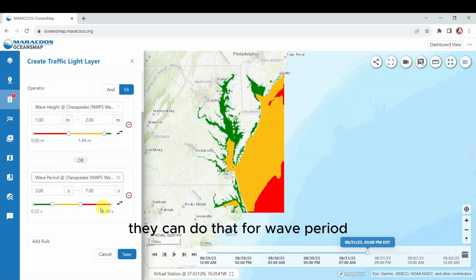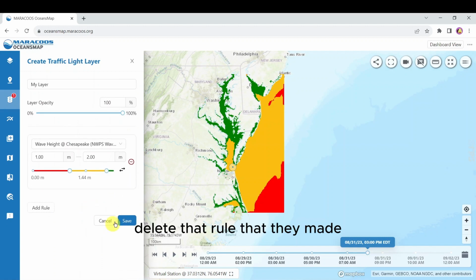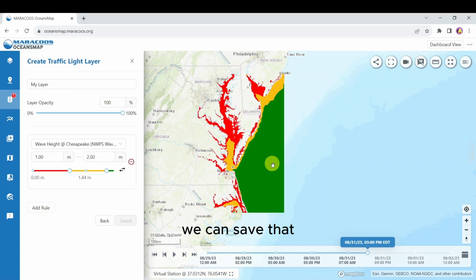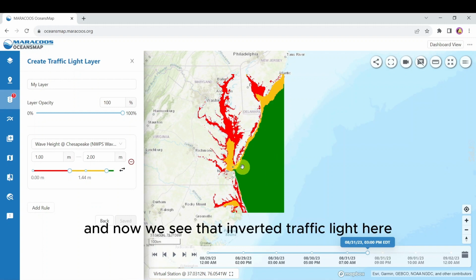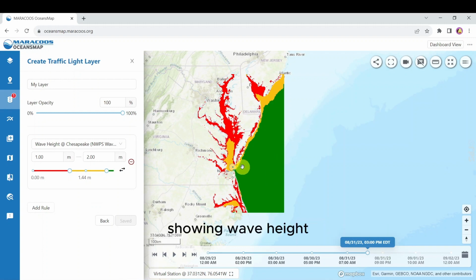They could do that for wave period. And then if the user wants to delete that rule that they made, they can use that delete button. We can save that, and now we see that inverted traffic light here showing wave height